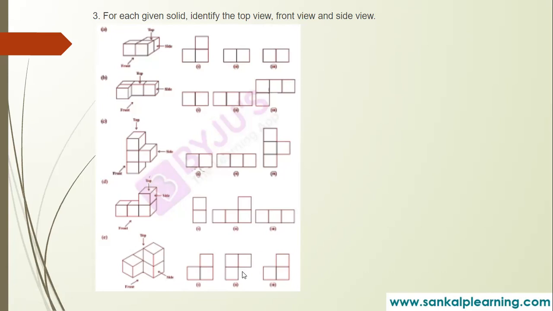Okay, and here this is the top view, 1, 2, 3. See these two and this one. This is from the top and this is the side view. Okay, children, so you have to write for all. Next one.